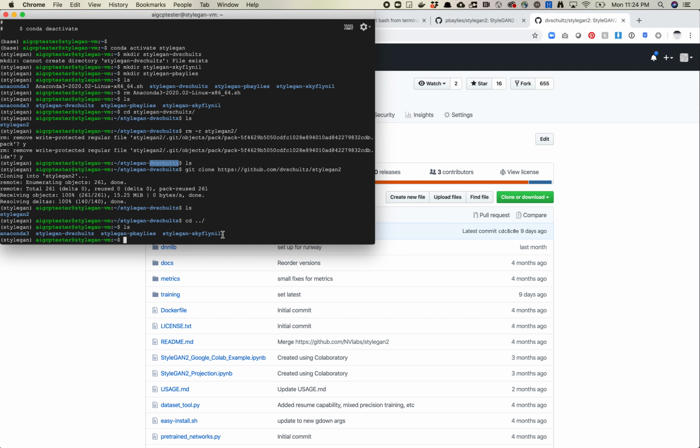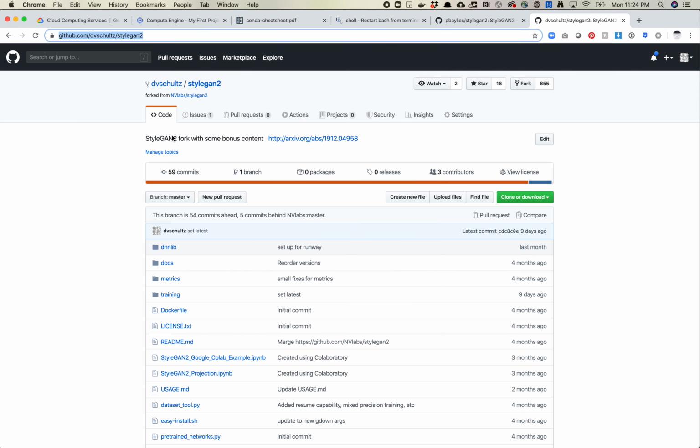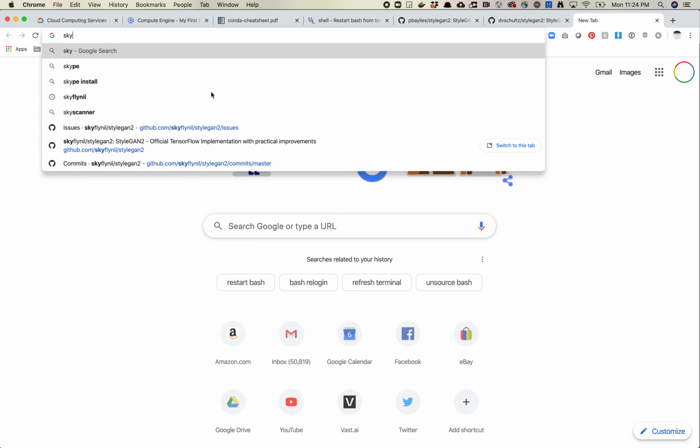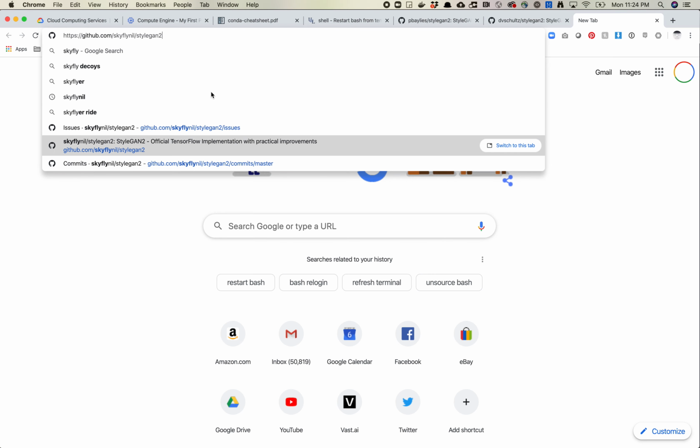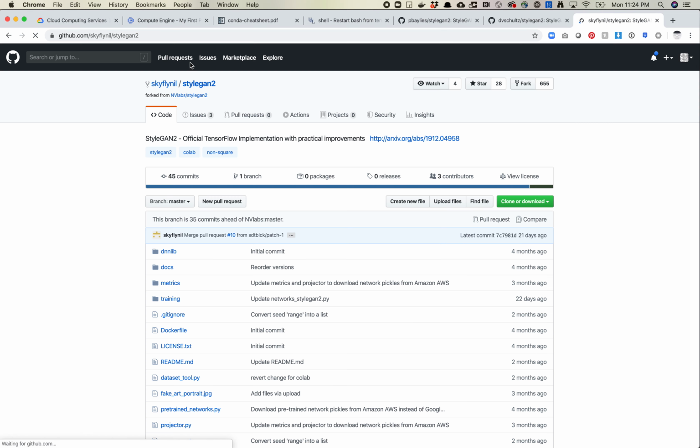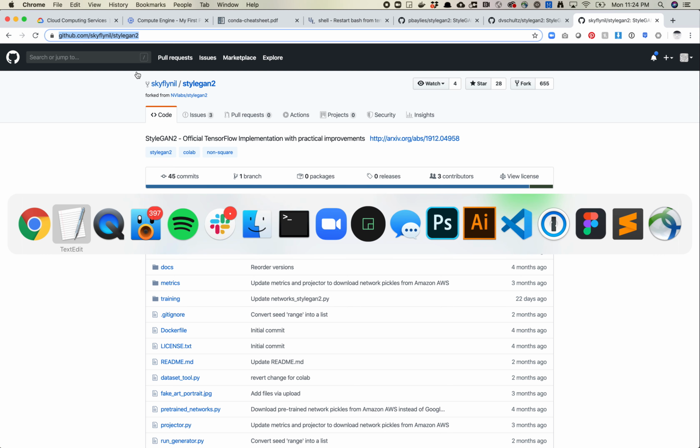The next one we're going to install is this one from Skyfly Neil, and I hope I'm pronouncing that person's name right. I have no idea, but we're going to go there. So we're going to do Skyfly. This one includes non-square images, which I think is really nice. It's a nice benefit if you want to do anything that isn't square, which I find myself doing fairly often